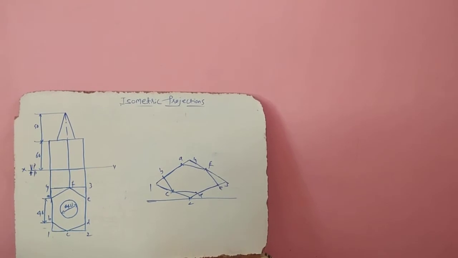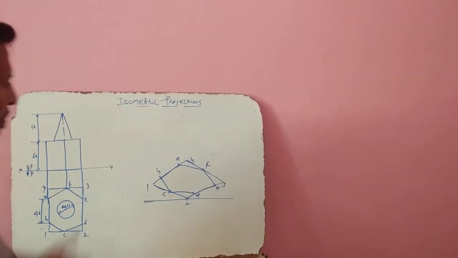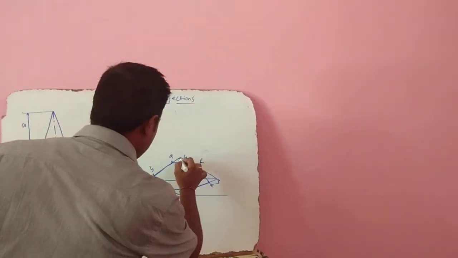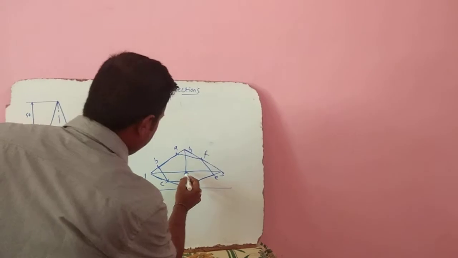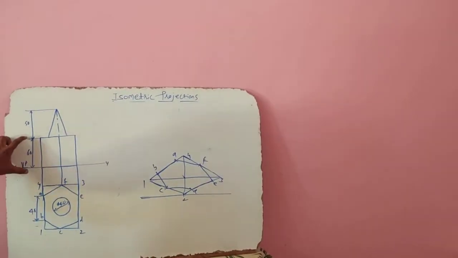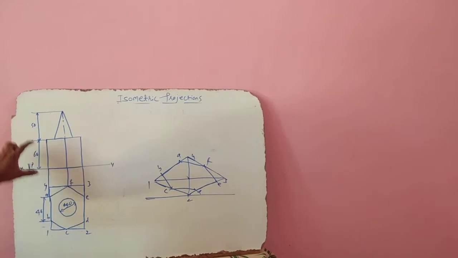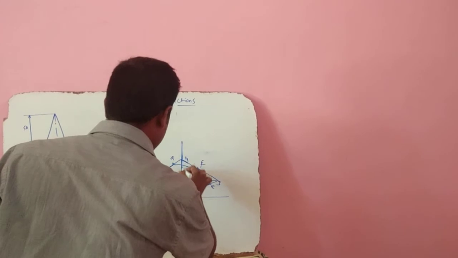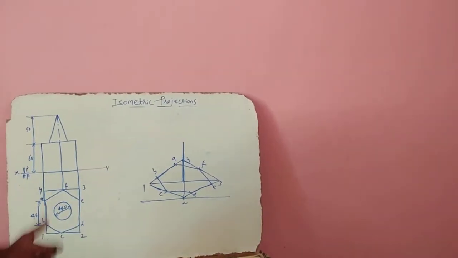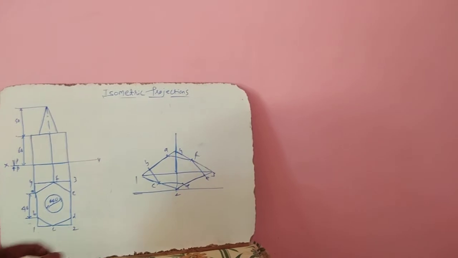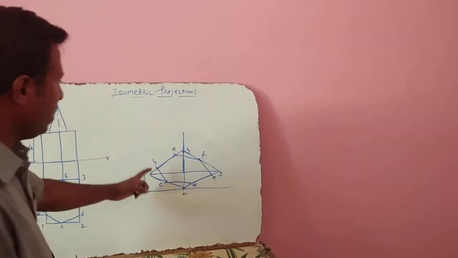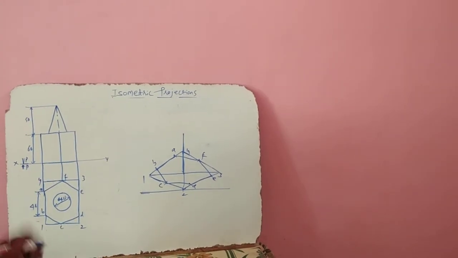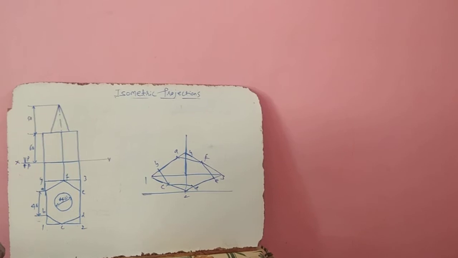Now we have to mark the midpoint of the base of the hexagon you have drawn. For this purpose, join the horizontal as well as the vertical diagonal, and you will get a midpoint here. Now, what is the height of the prism given in the problem? It is 60. Convert that to isometric, then draw the height, which is nothing but the axis of the prism. It's very simple in the case of a prism. We need to project from all the corners the height given, that is 60, converted to isometric.